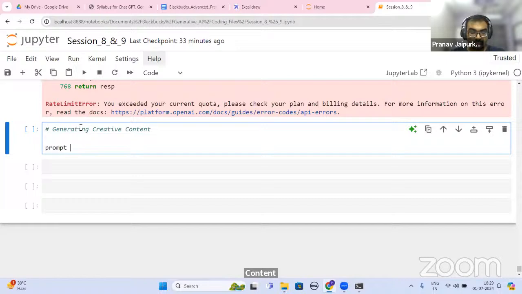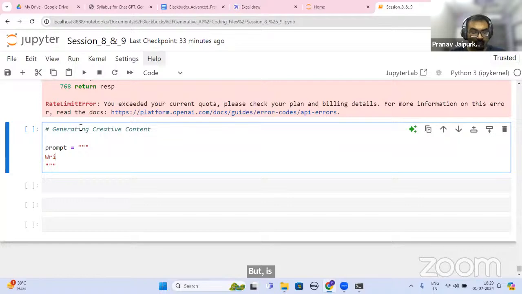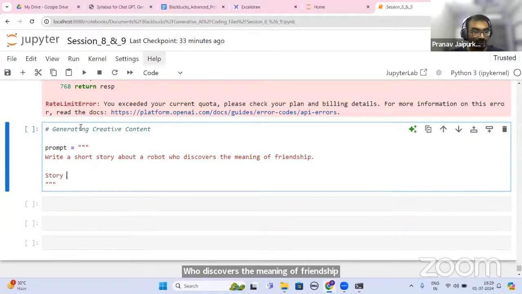Prompt is equal to: write a short story about a robot who discovers the meaning of friendship. Story,